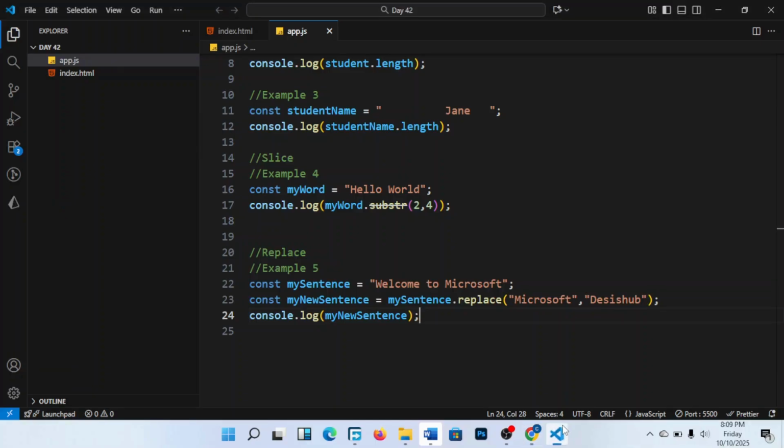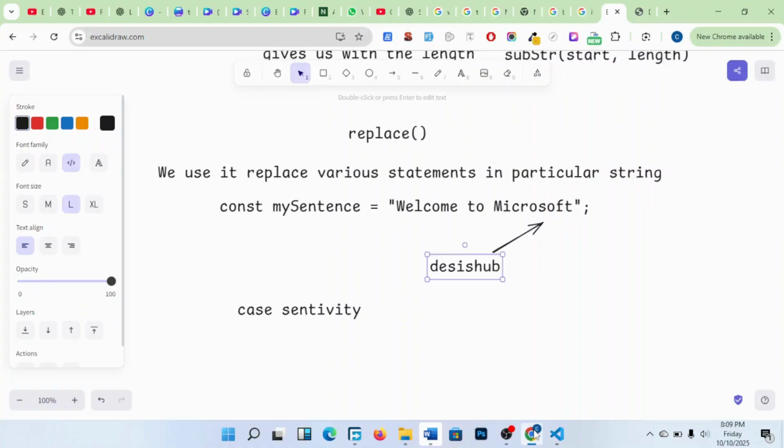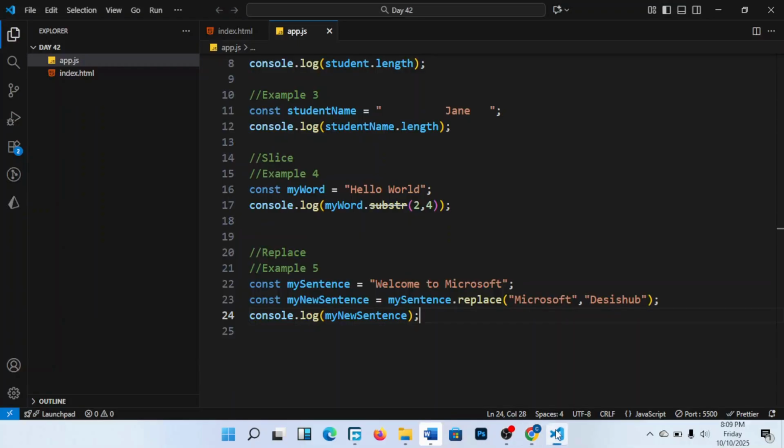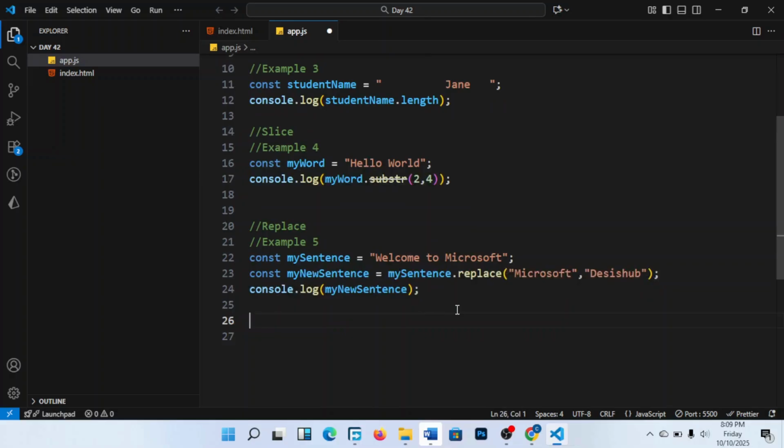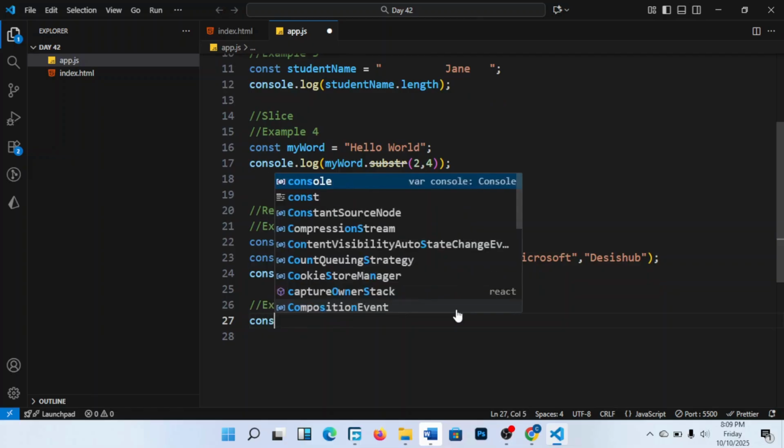So let's try it and we'll see. Let me create another example where, instead of this is up, I'm going to put there Spear Motors, and I will see. So I'm going to create another example. I come here and I put example 6. Const